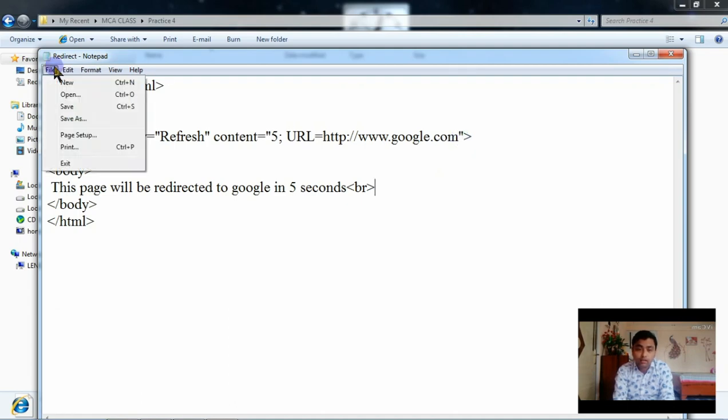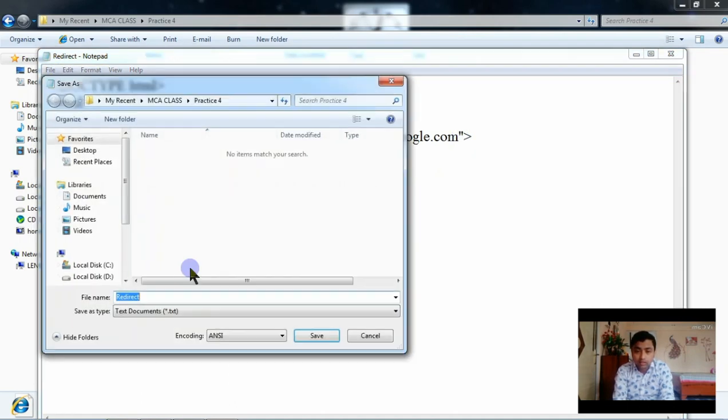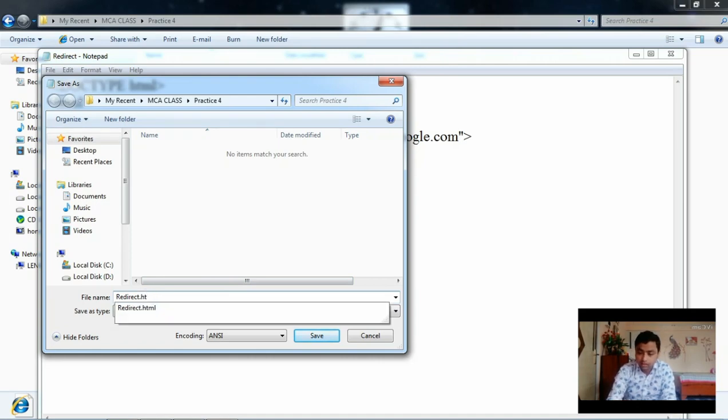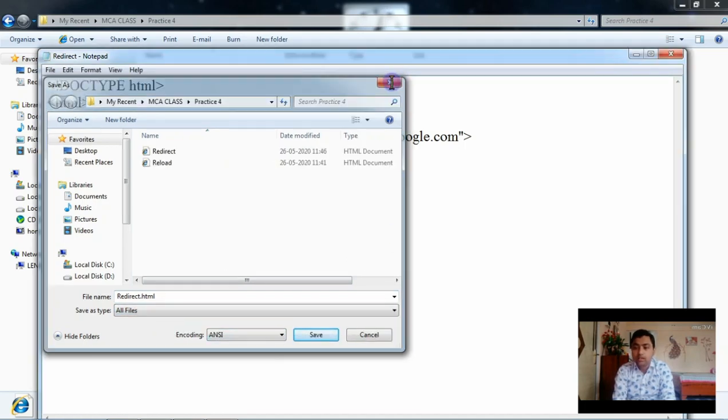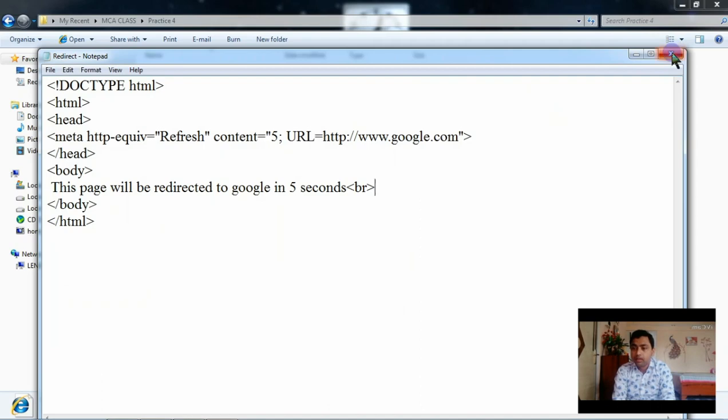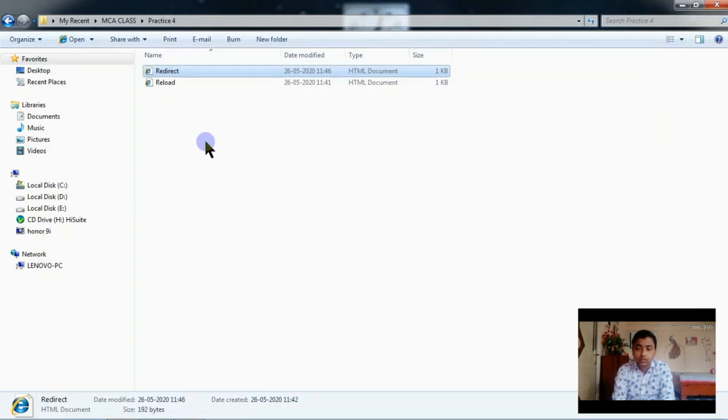Go to file, go to save as, and redirect.html. Here in all files you can change the encoding and save as an html file. Okay, now let me show you the redirect example. Now I am clicking on the redirect example.